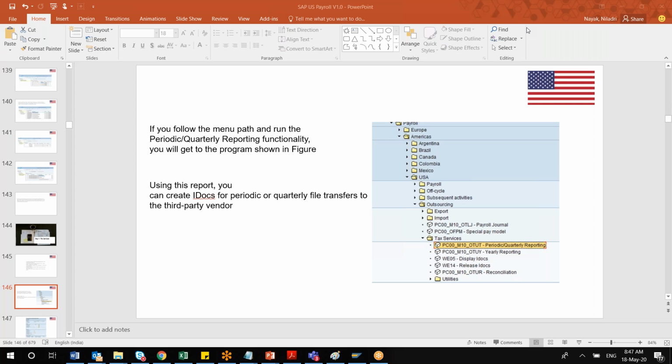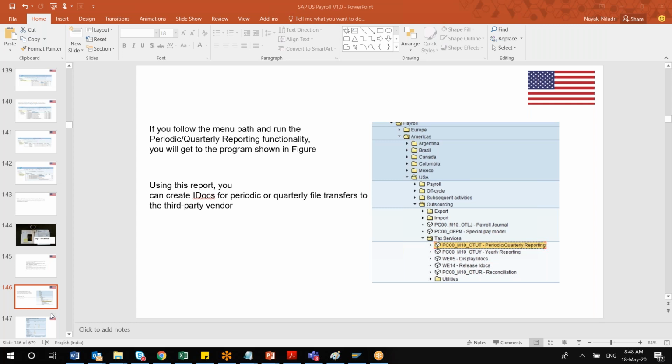SAP generates this intermediate document from the system, and that IDOC can be sent to your third-party service provider via an interface. Here different payroll interfaces come into the picture. You may have to build one, or there are some standard interfaces you have to use. Via that interface, these IDOCs will be passed to the third-party tax service provider.